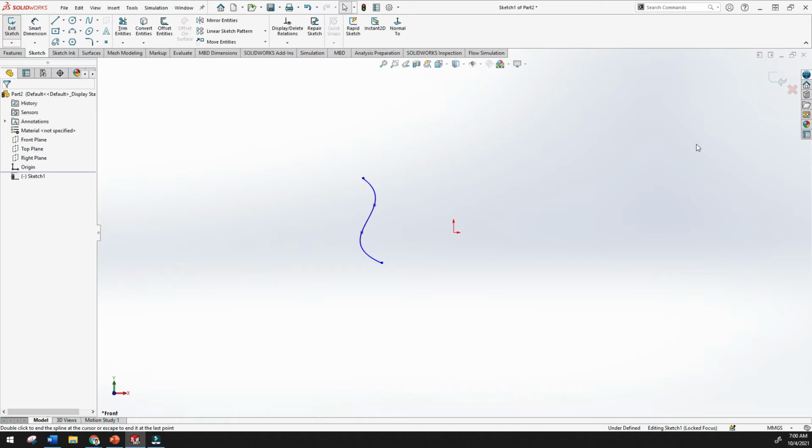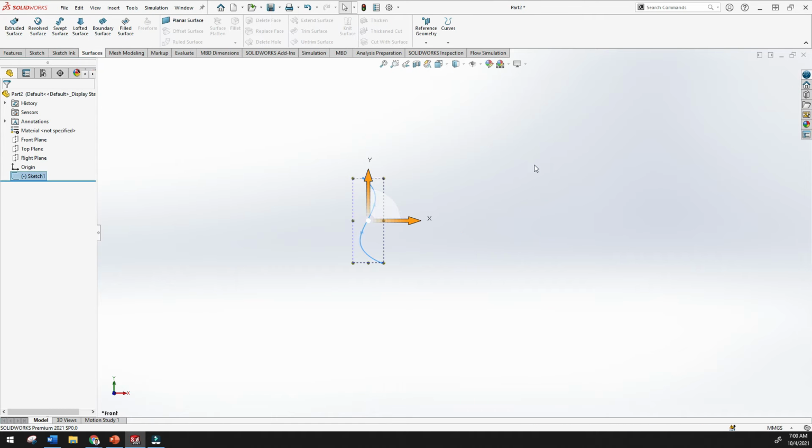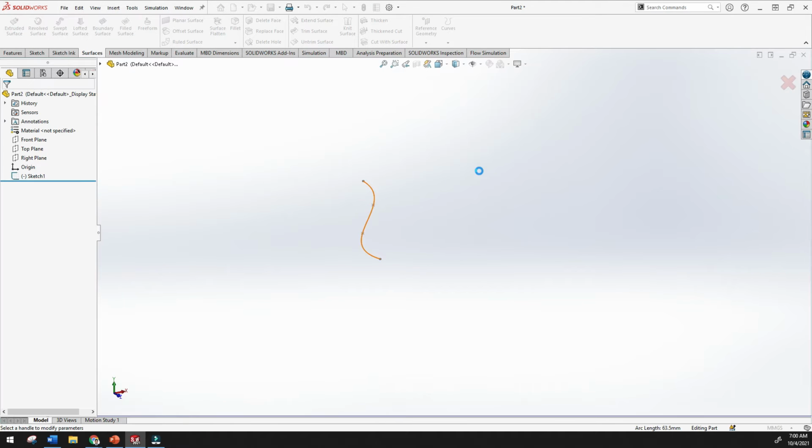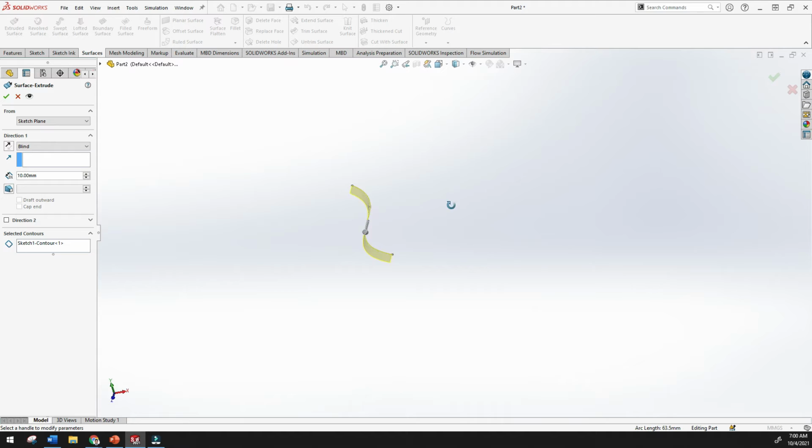Escape, done. So I have the sketch here. Just go to the extruded surface and click this line, and here you can see in surface you need only one sketch, that's enough, no need to close the sketch.